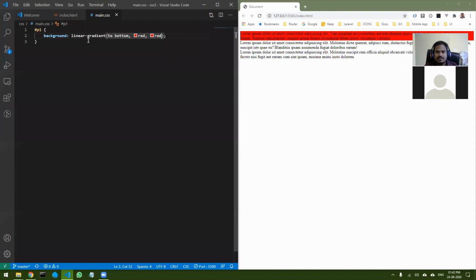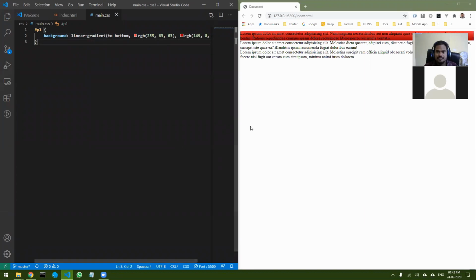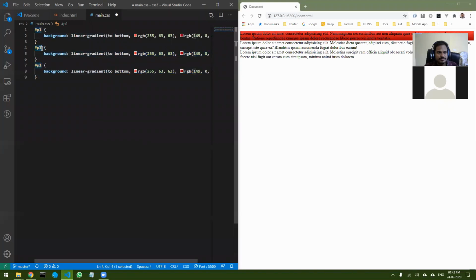I can have two colors, and you can see I have just selected two red colors, but I am now going to change the gradient a little. This is how my gradient looks, right? The same thing I'm going to repeat for p2 and p3.